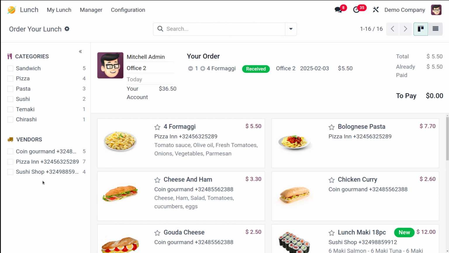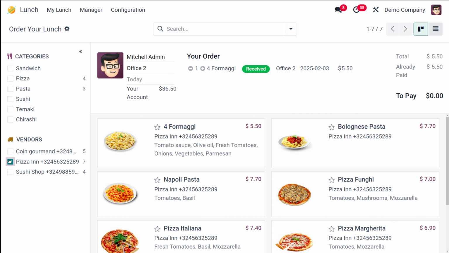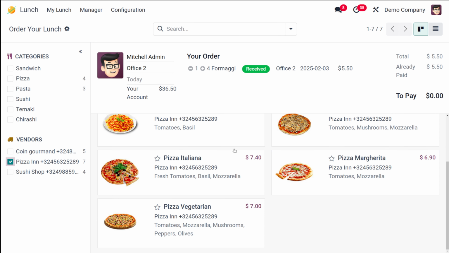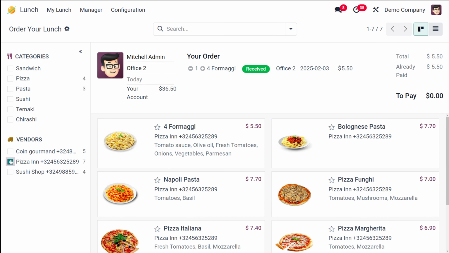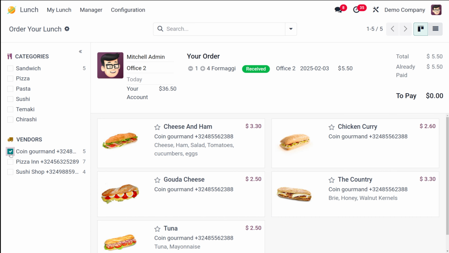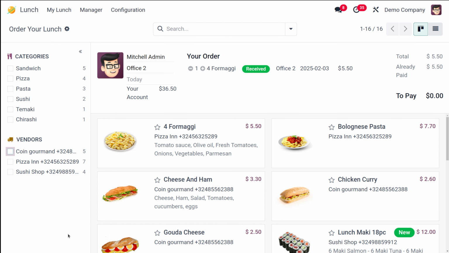Similarly, we have vendors. If you want food from any particular vendor, that vendor can be chosen and food options provided by them will be shown on the screen. You have a lot of vendors over here. Just check the vendor and it will be showing you the food based on the vendor.